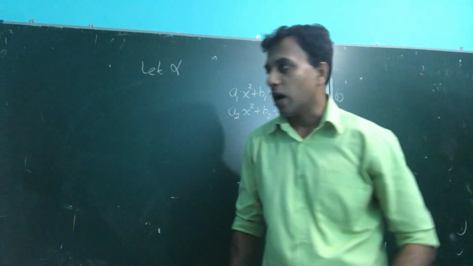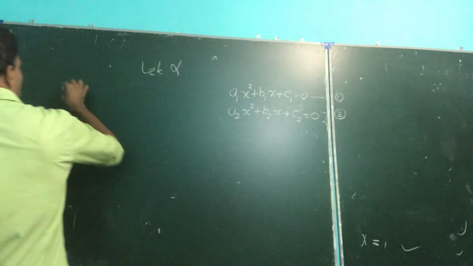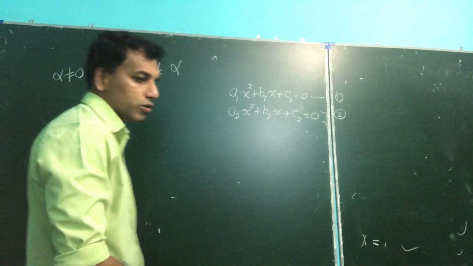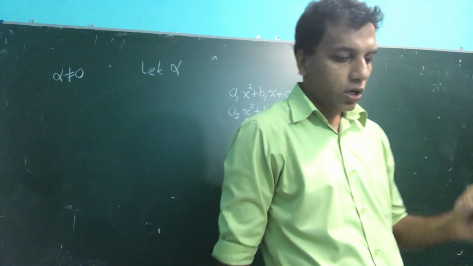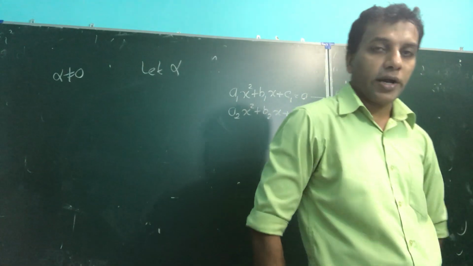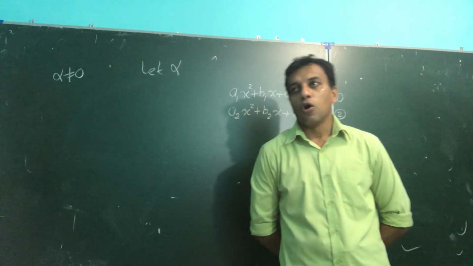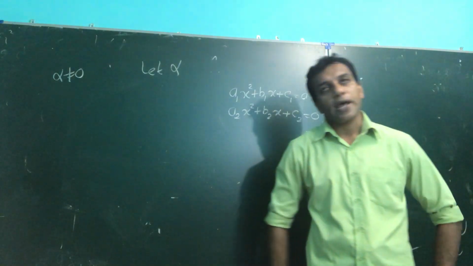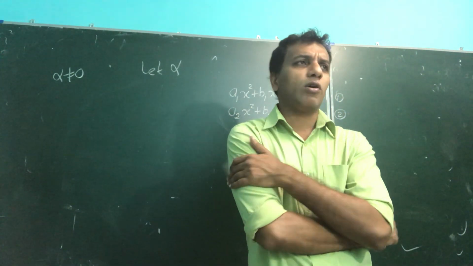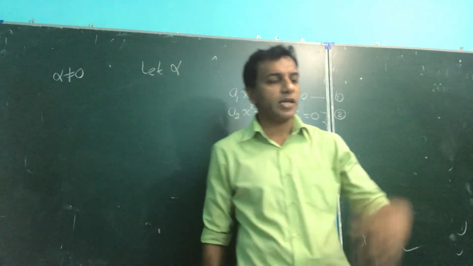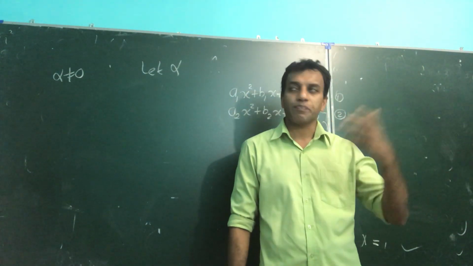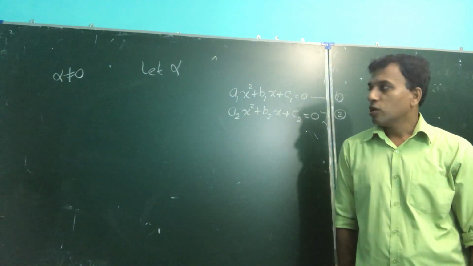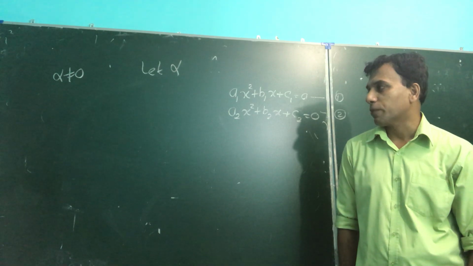And also say where alpha not equal to 0, right? Important, alpha not equal to 0. Common root, but we take alpha not 0. Alpha is a positive value or negative value, whatever, but not 0. Someone may say beta, gamma, lambda or x2, anything. So whatever we introduce, we have to remove those alpha from the problem.